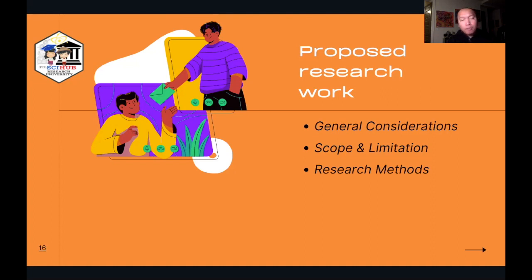And the third part of the proposed research work would be the research methods. So for example, if you're proposing that you're gonna prove a scientific phenomenon, then what are the experiments that you need to do to prove that? What types of activities do you need to carry out to be able to establish an answer? These are the things that you have to be able to put into the proposed research work. And this is typically the longest part of the proposal, and I won't be able to give you, say, a 10-page example of proposed research work, but I would just like to go over what we can consider to be